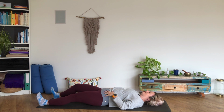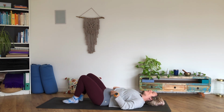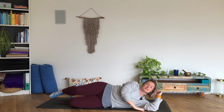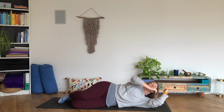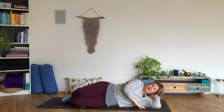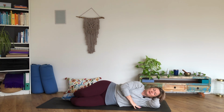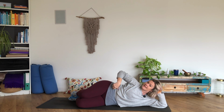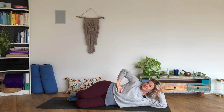Okay, gently slide the knees in. Now we are going to bring a little bit of movement. So you're going to roll over onto your side. Use your actual pillow if you're in a bed, or you can use your hand as a pillow if you're not. Knees are stacked and just lightly bent, and the hand is going to come to rest on the rib